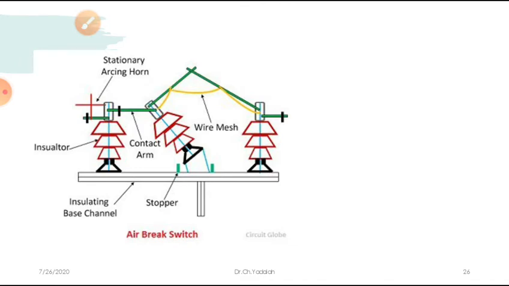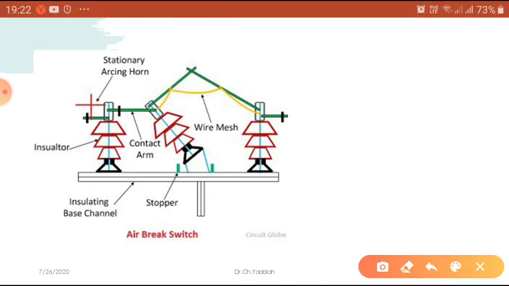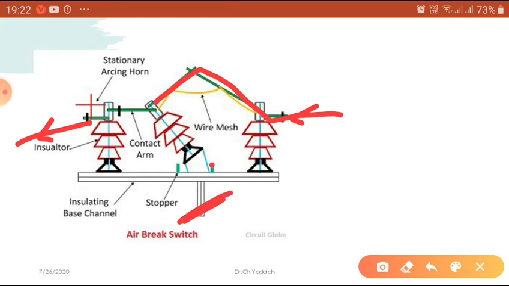What you have seen here is the same thing in a practical diagram. Here is one electrode, where the current is given. For example, it is taking the air, with two elements, and the current has to flow here. Whatever current enters here is ready. When operated by this lever, it touches this one. Once it touches, what will happen? This arcing horn is already there, with this shape.